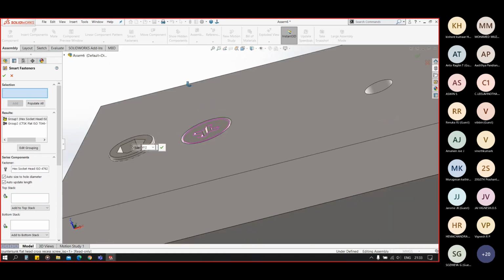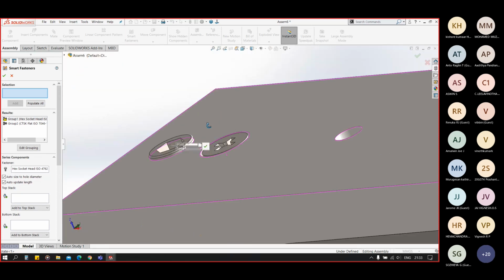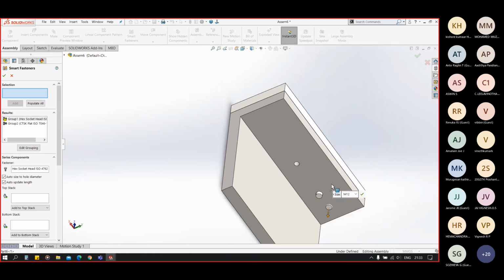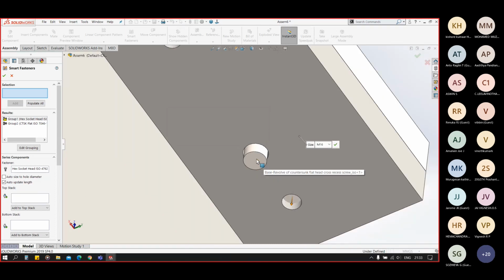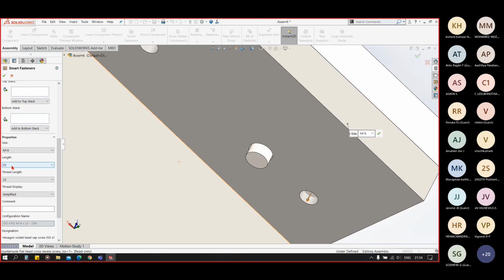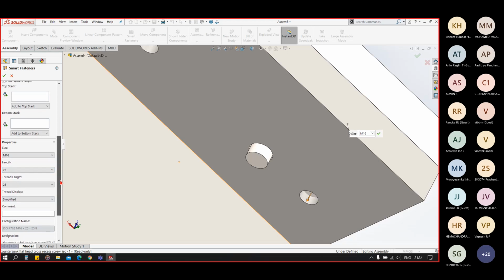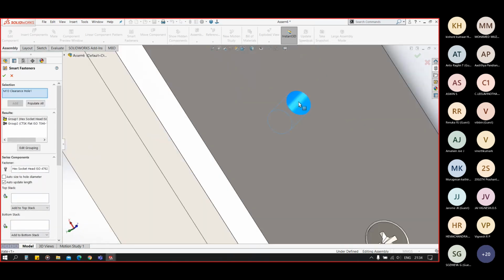You can see it will automatically select the hardware of that type in this hole, and again you can change its length, its size, its washers, its nut and bolt from this drop down menu.